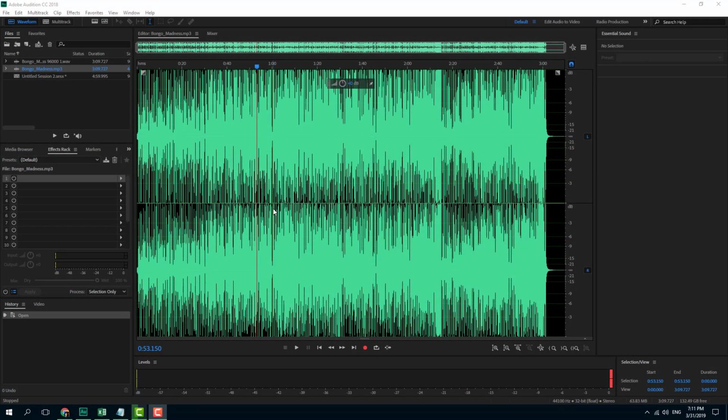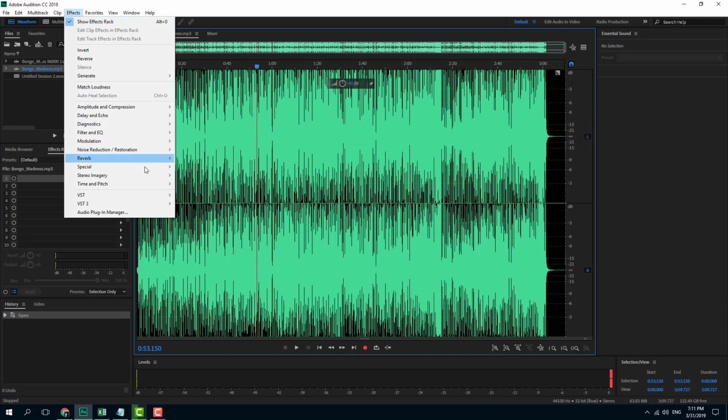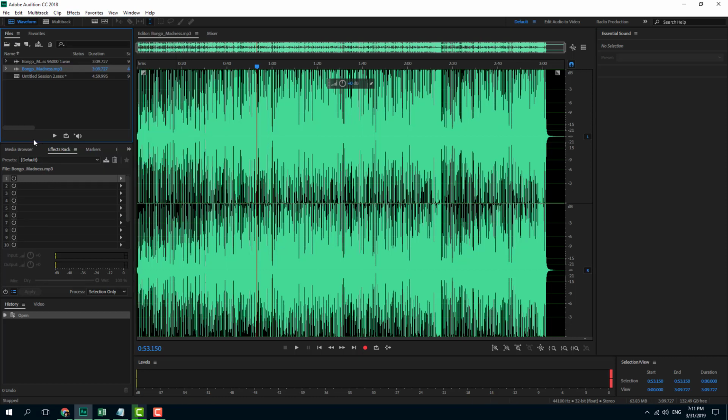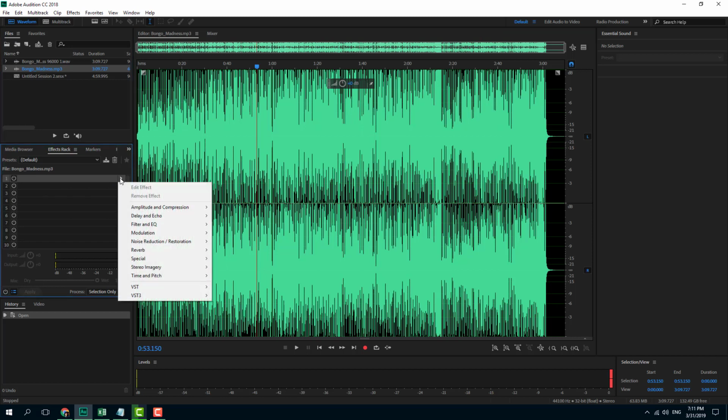One of the ways you can edit audio is by using filters. In order to access the filter, you can go into the effects panel right here, and you can go into filter right here. Or alternatively, you can go over here and then go for filter and EQ. This is the non-destructive way of adding in the